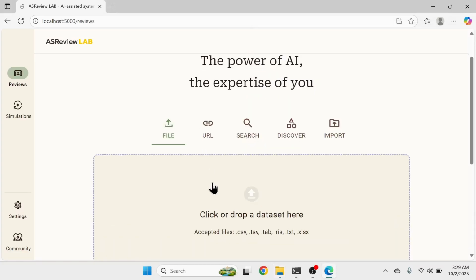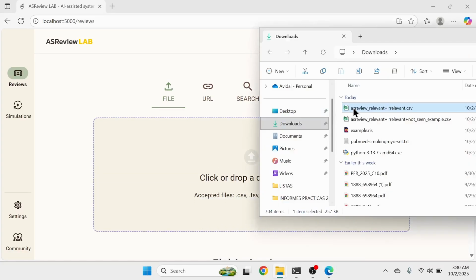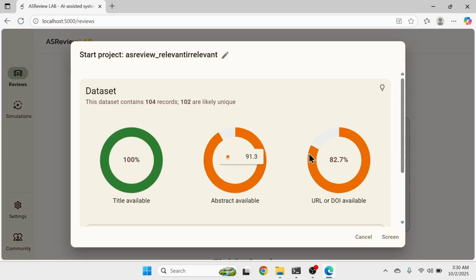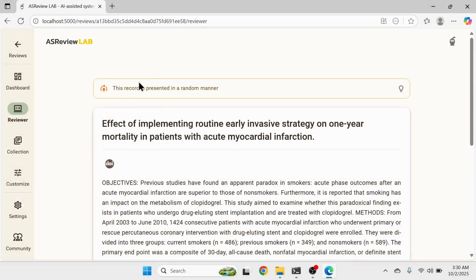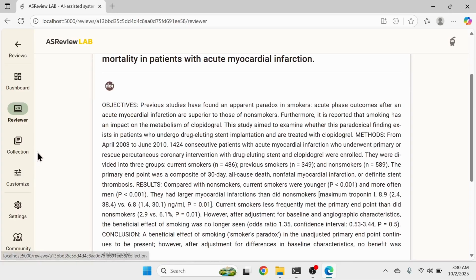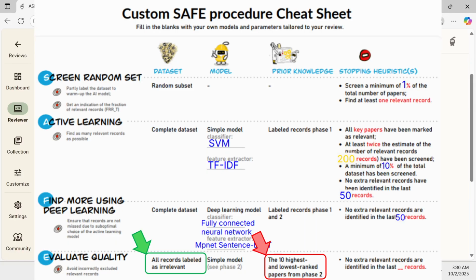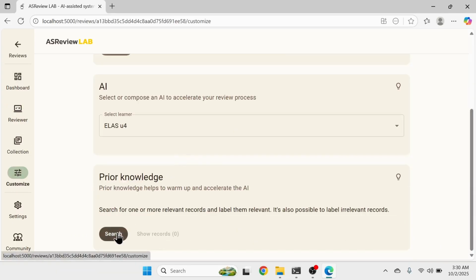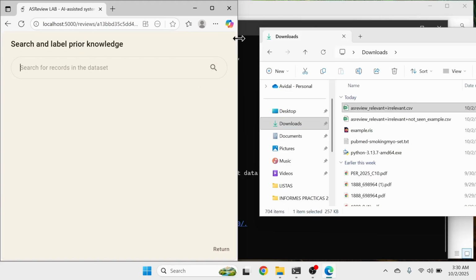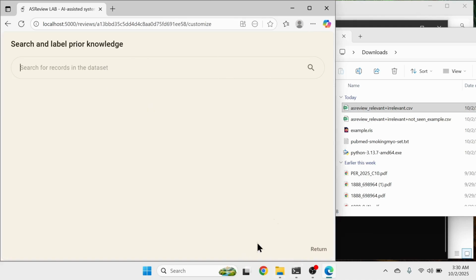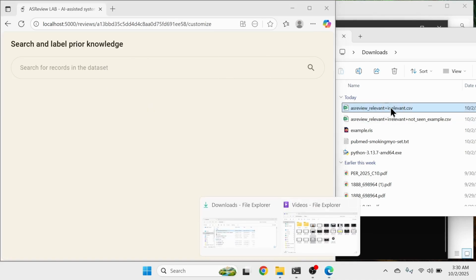This file needs to be uploaded here. I'm going to drag it and then screen. But here we don't want to do phase 1 and phase 2 of the study. We just have to evaluate the quality with the prior knowledge. If you remember, in phase 4, the prior knowledge is the 10 high yield plus 10 low yield studies. So click on customize and here prior knowledge, because this only searches studies. And which studies? Well, the studies that we have